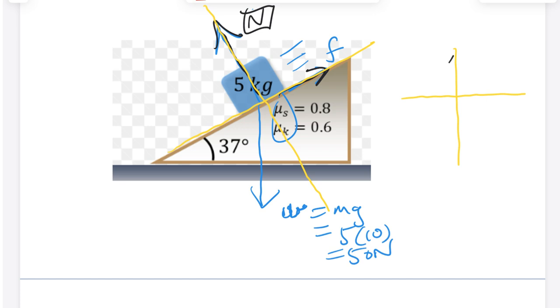Okay, so we got normal force pointing up. We got friction pointing to the right. Okay, see, I tilted it. We got the weight not going down, but tilted to the left. If I tilt the cross, it goes with the cross. So, now,